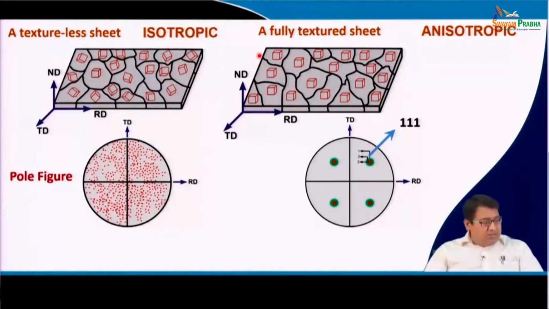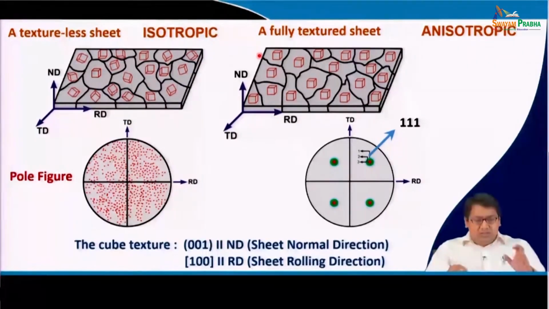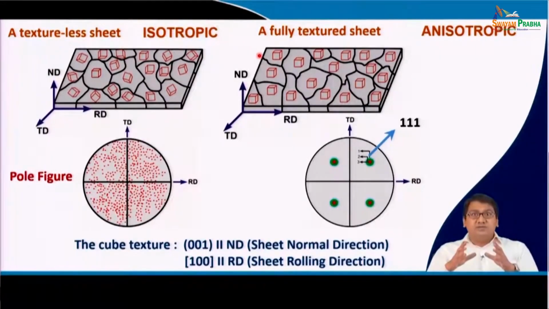So, you see, a textured material like this must have high intensity of this kind of crystallographic orientation with respect to the important sample reference directions, that is RD, TD and ND, without which the meaning of texture is not there. So, we must have a reference system of the sample, which could be anything, x, y and z, and then in this situation when the RD, ND and TD are parallel to the